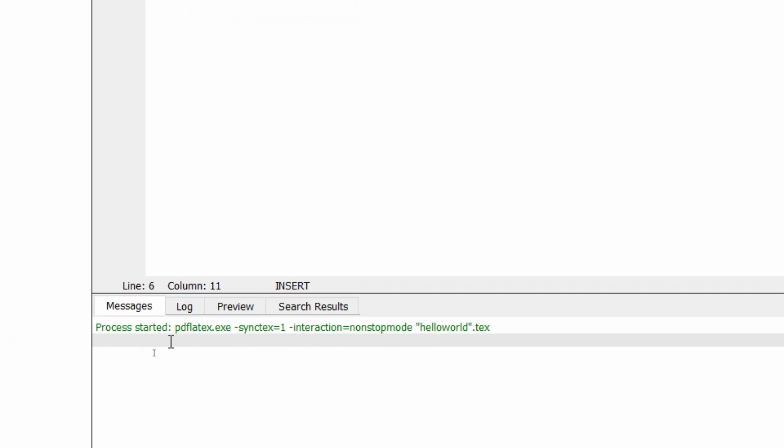it has started compiling. PDFLaTeX is an application which will take the LaTeX code and convert it to a PDF document.